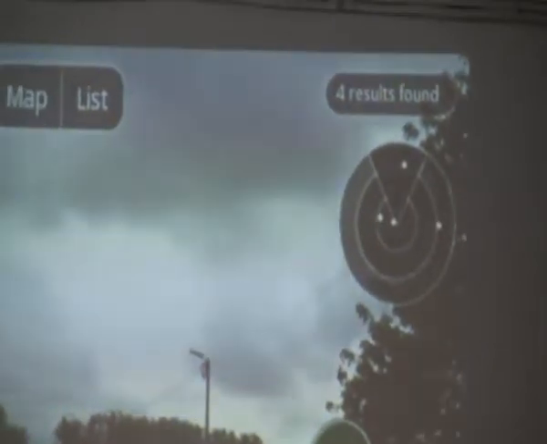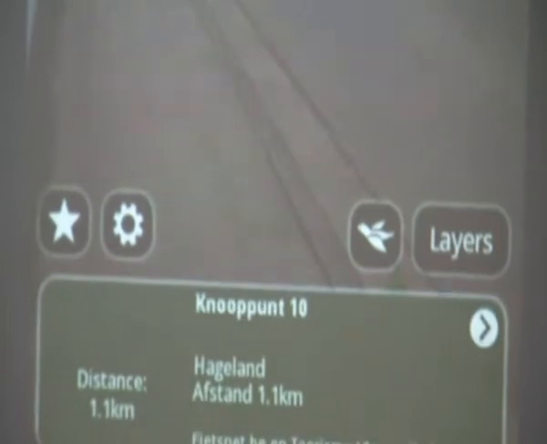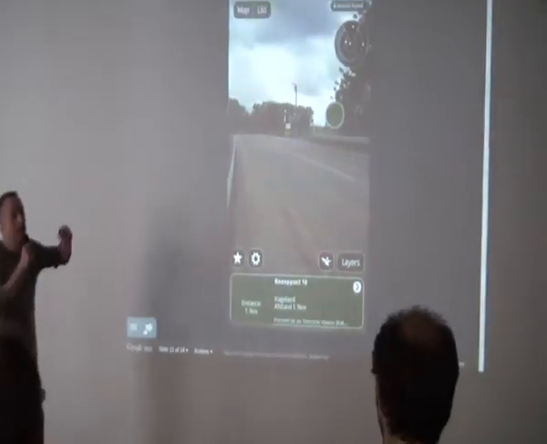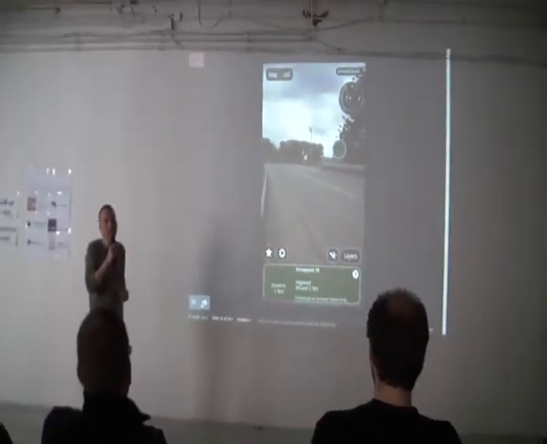So this is what my layer looks like. So you have the image of the camera. In this case, you see that I'm here close to a bridge where there's bicycle roads. And you see in the upper right-hand corner there are 4 dots indicating that four results were found. And the big green dot is one of the points. It's actually pretty close. It's a very big dot. You could click on that, see a list of the actions, and you could interact with